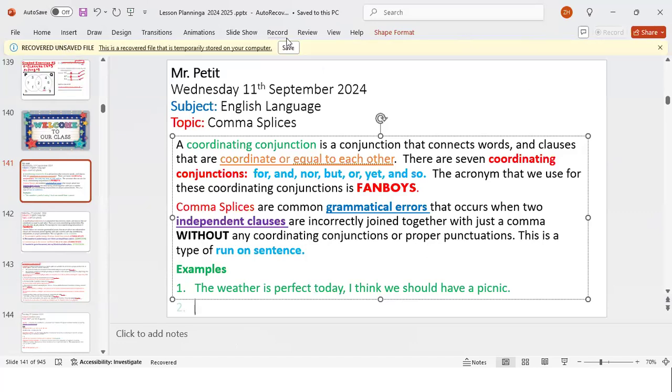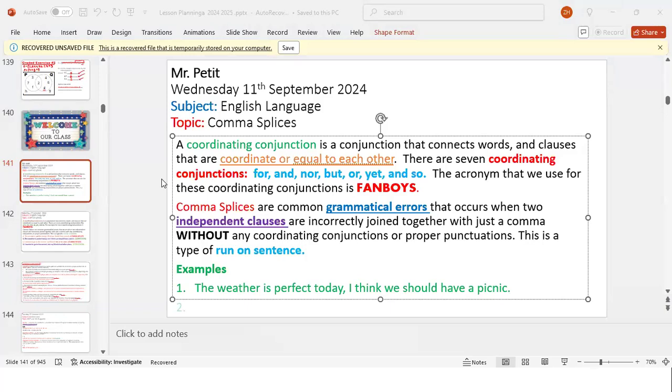What y'all think? Well, sir, based on what we just learned, it would have two independent clauses joined together with a comma. Is there anything wrong with this sentence? How many people think that this sentence is good? I think it's good. I think it should have "so" in it.